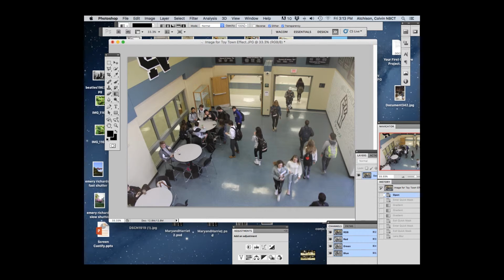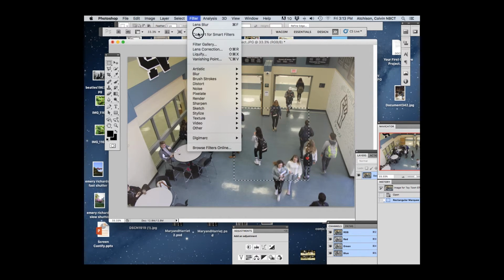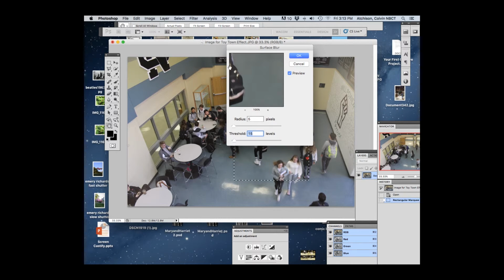Now, this effect is based on the fact that when you select an area, that is the only area you can work on. What I'm about to show you is related to the tutorial, but don't follow along. You know that if you have a selection, and I'll use my rectangular selection here, and then you do something, like go to Filter, Blur, and we're going to be using the surface blur,